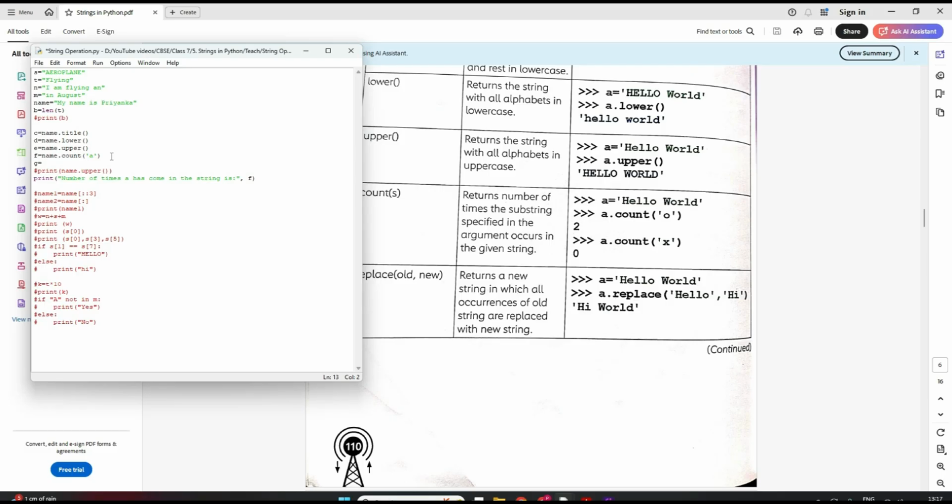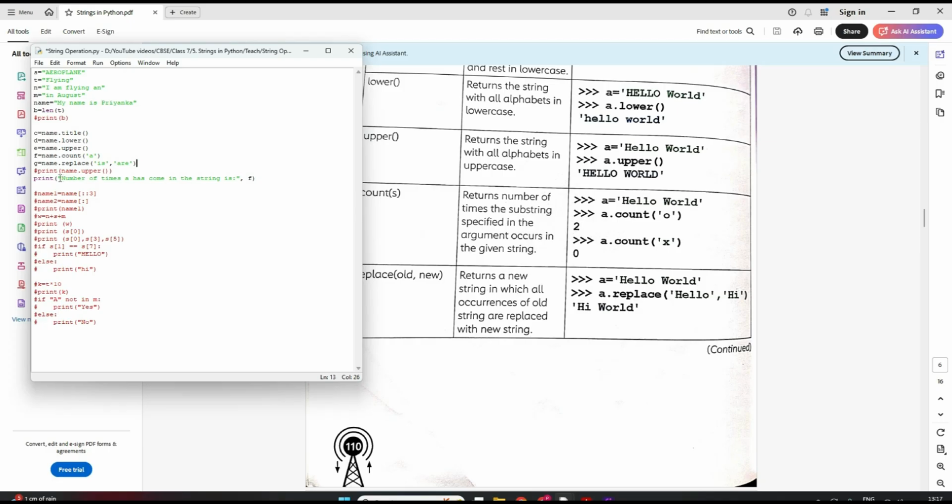I want to replace, name dot replace. I want to replace is, see the syntax, you have to first write the word, the character or the part of the string that you want to replace within single quotes, then a comma, and what you want to replace it with. Suppose I want to replace is with R. Clear?